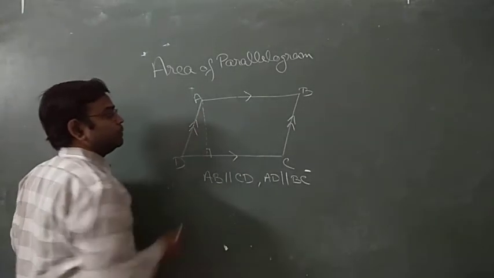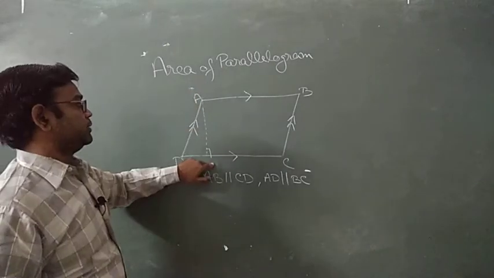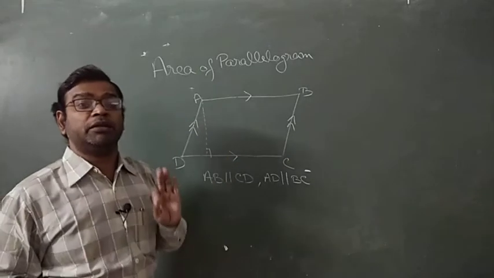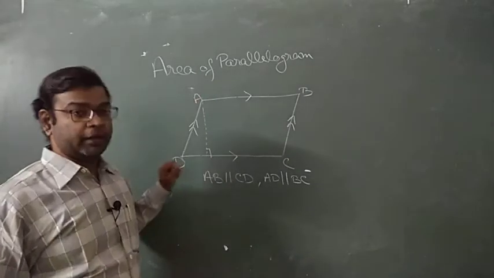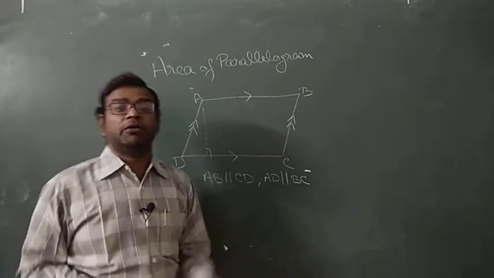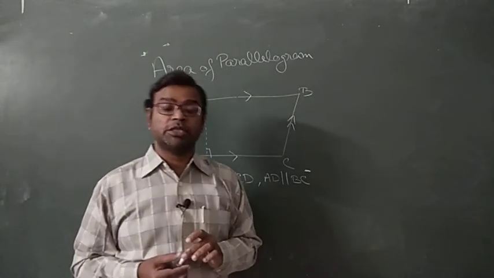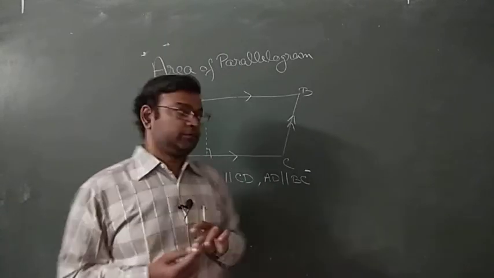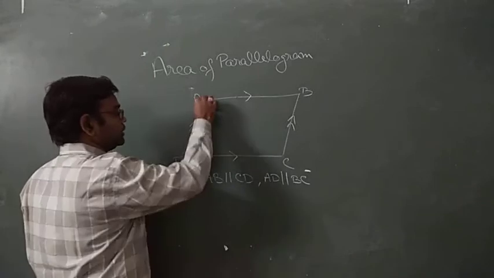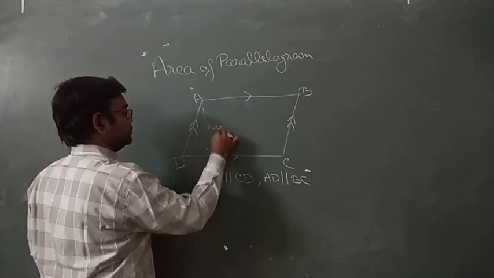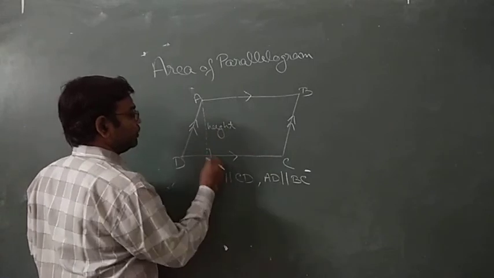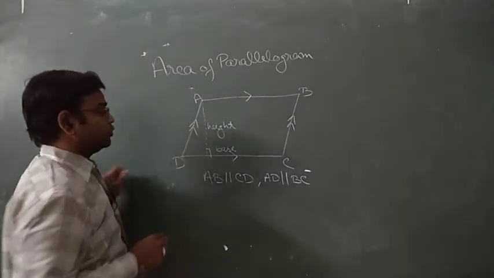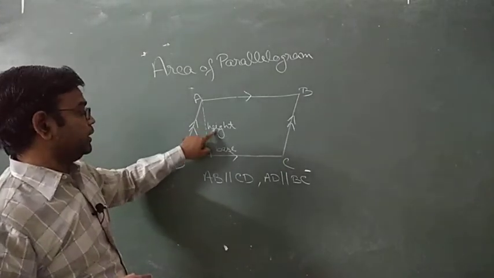If you pay attention to this one, then you are able to solve all the sums. First, we find the perpendicular distance between these two parallel lines, or any of the parallel lines. It doesn't matter whether these two or these two. Why am I saying perpendicular distance? Because perpendicular distance is the shortest distance between two parallel lines, and this is considered the height. Any one of the corresponding parallel lines is known as the base corresponding to the height. So this is your height, this is your base.